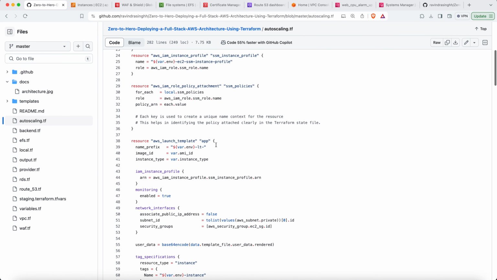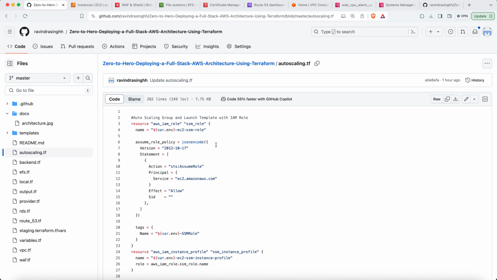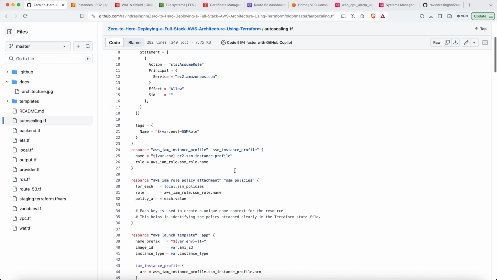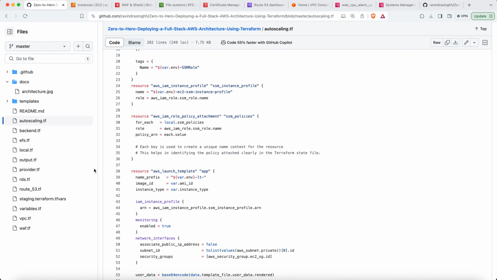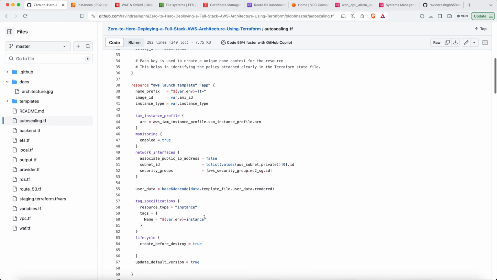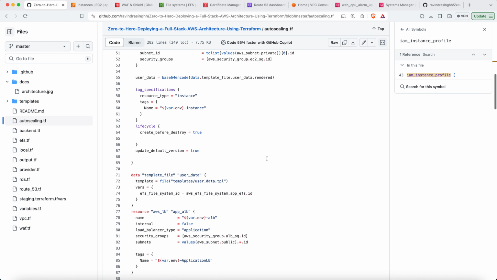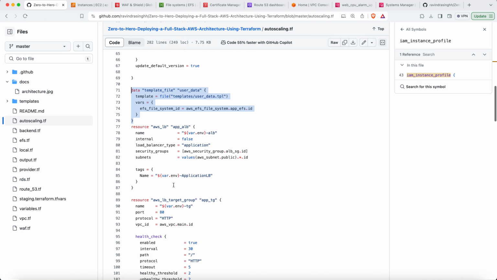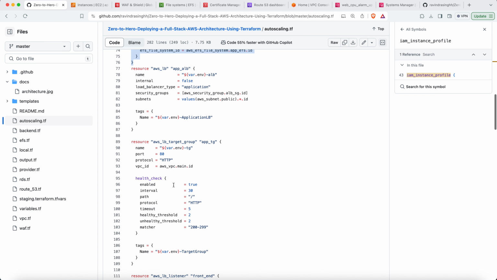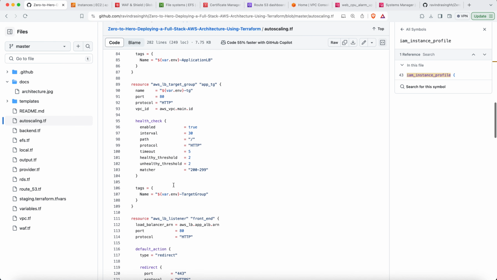Here we are creating the auto scaling group with the launch template, and here we are defining the launch template, where we are passing the IAM permission. Here we are also touching the security group, and adding the user data. And along with the auto scaling group, we are also creating one load balancer with the target group,